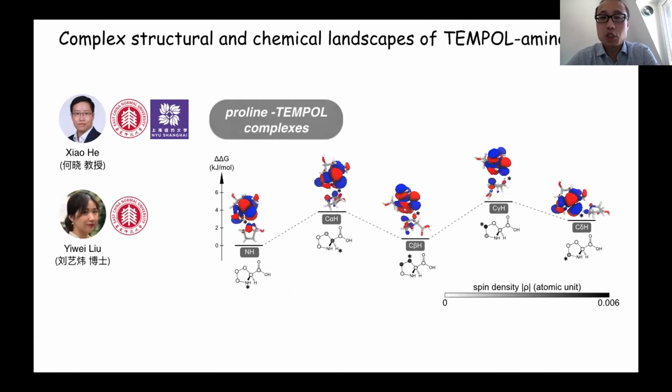Our simulation clearly indicates that the TEMPO radical can interact with many side chain carbon sites of different amino acids through CH-mediated intermolecular hydrogen bonds, which explains, of course, the observed DNP enhancement on all these side chain carbons, but also the paramagnetic